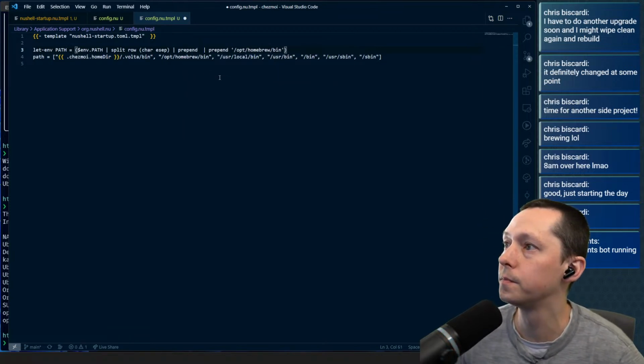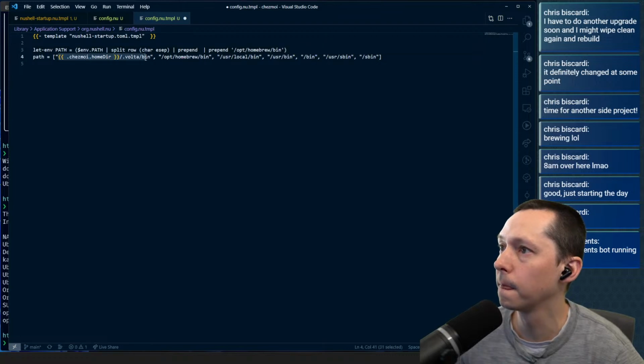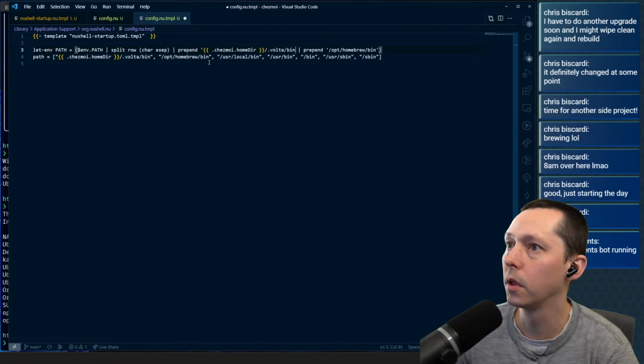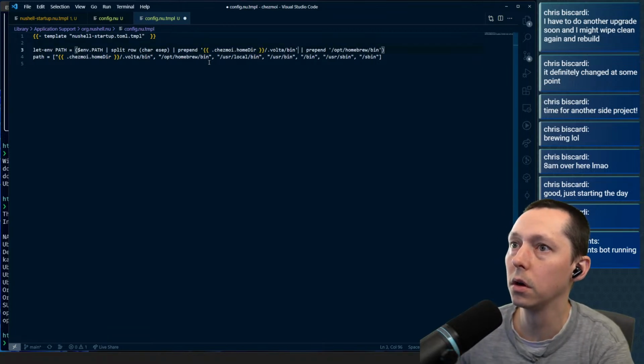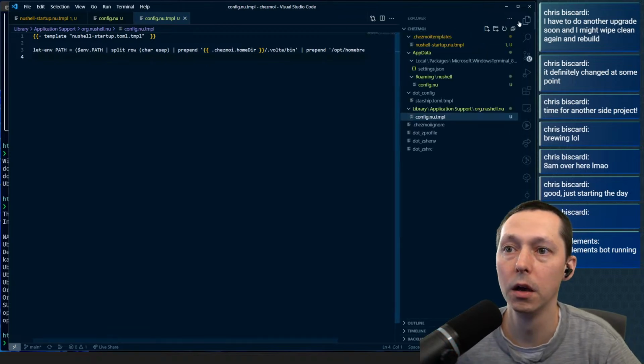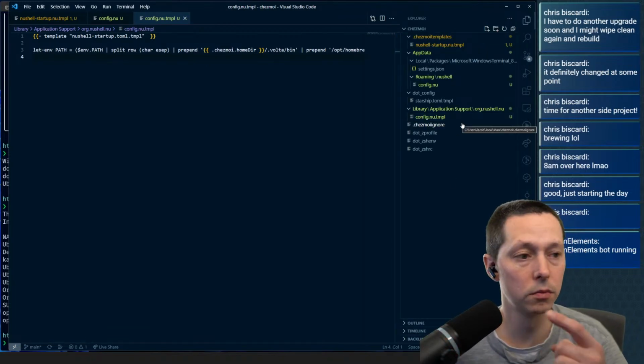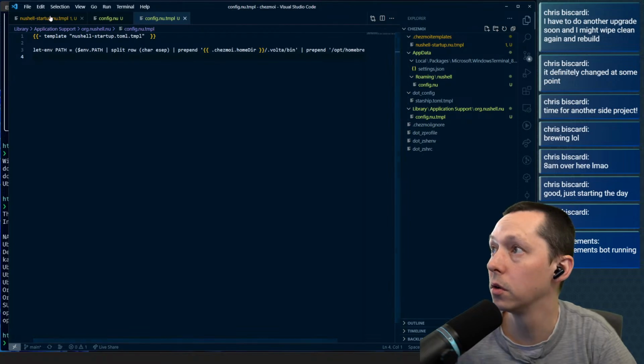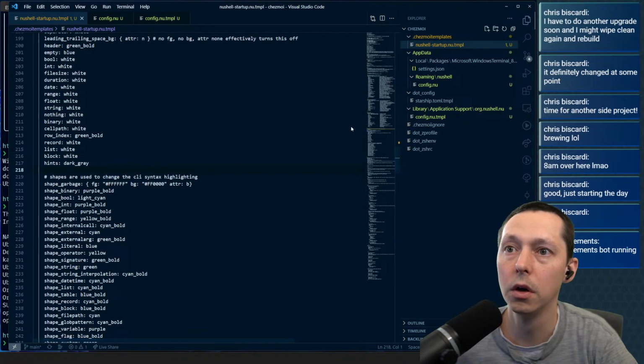Prepend. And I think that's going to deal with our path config there. We'll have to come back and set that up for WSL, but